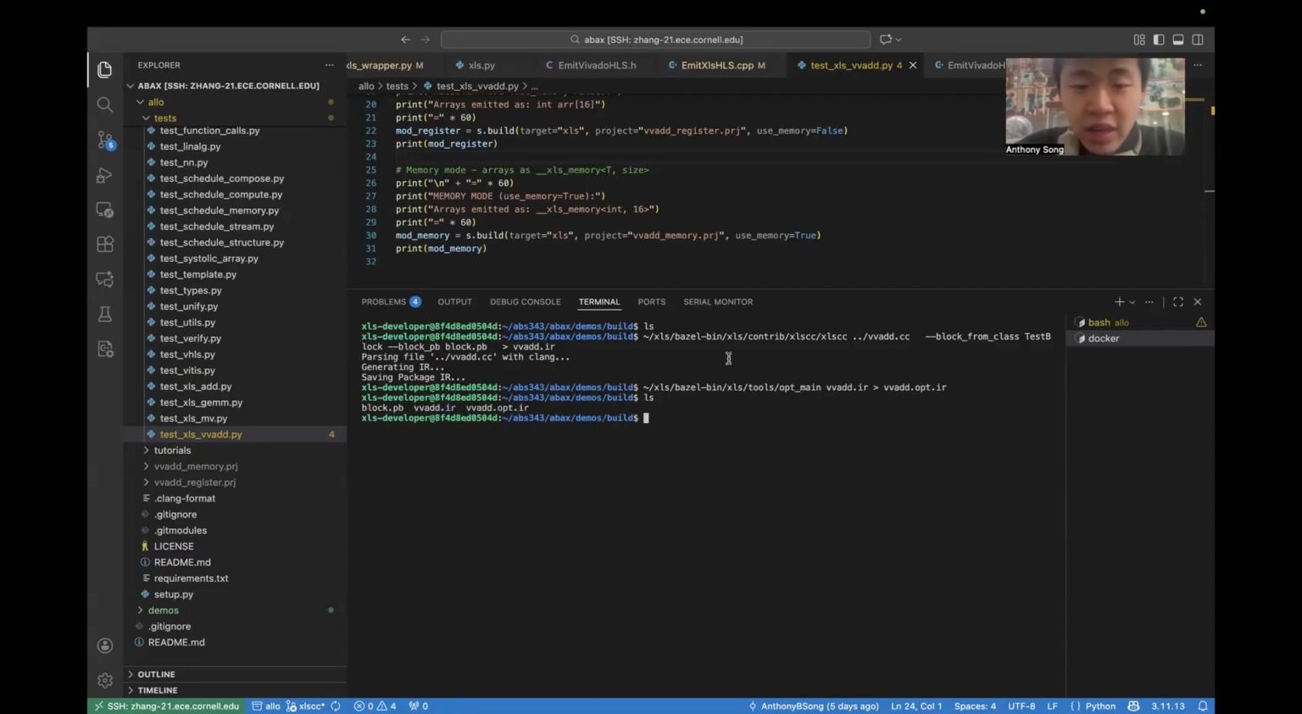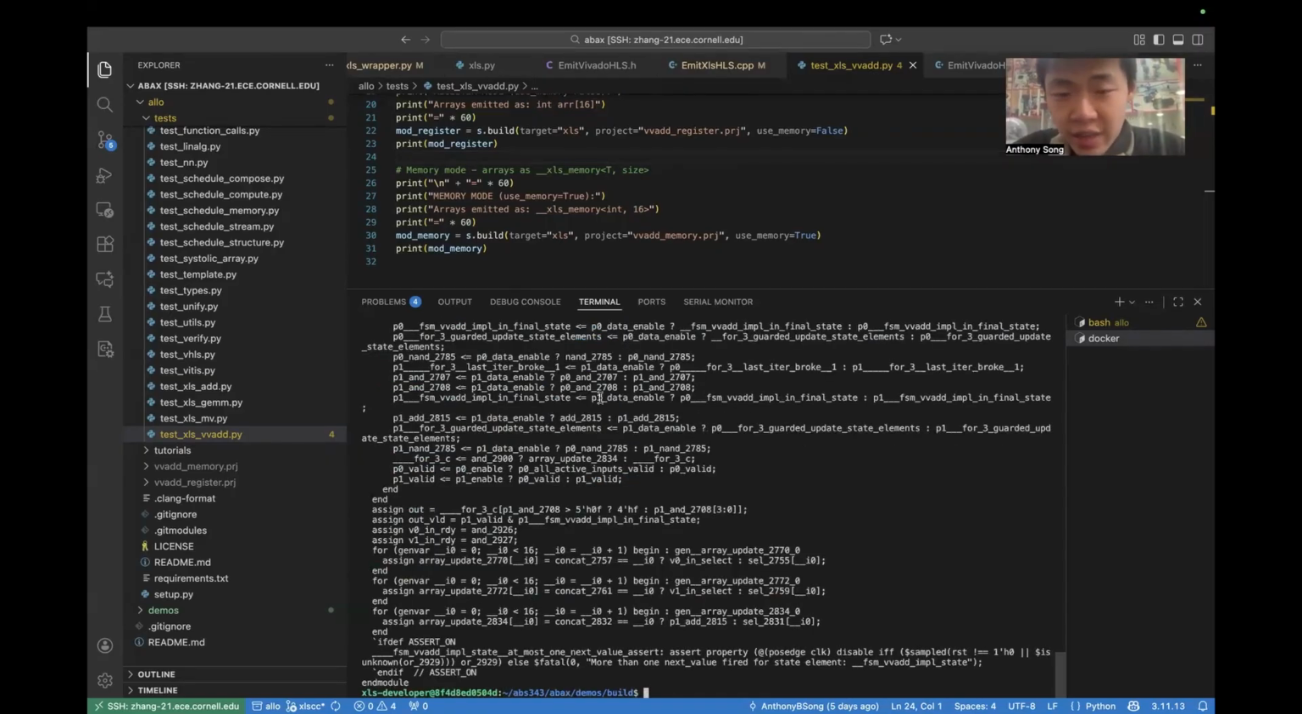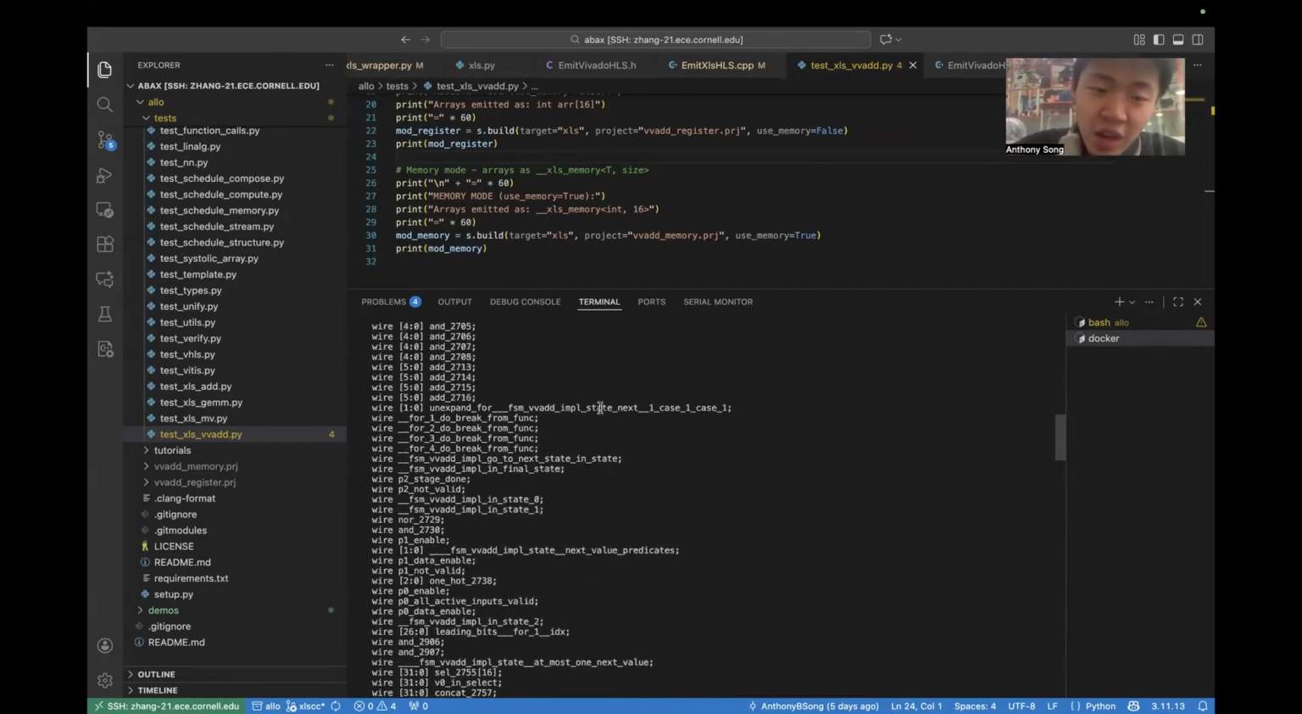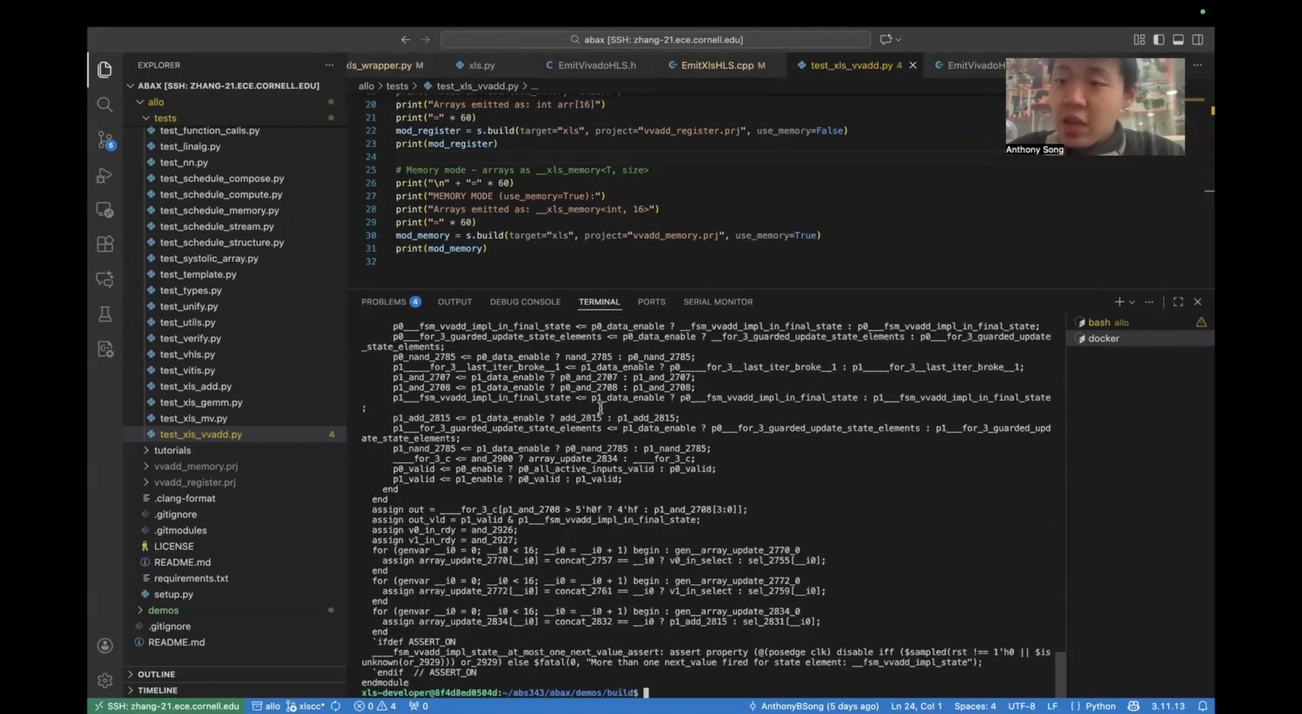Now, if we look here, we have our vvadd opt IR. And from the vvadd opt IR, we can generate the Verilog file. If we look here, now we have the vector add Verilog file. And we can make sure this is the case by quickly looking at it. And this is indeed SystemVerilog for vector add. And this is what we then use in our